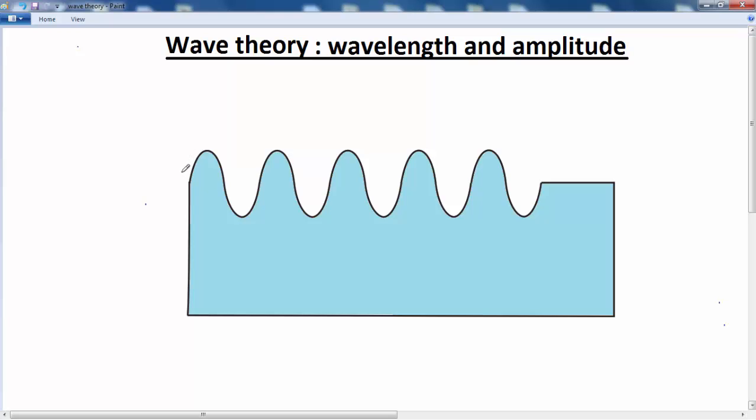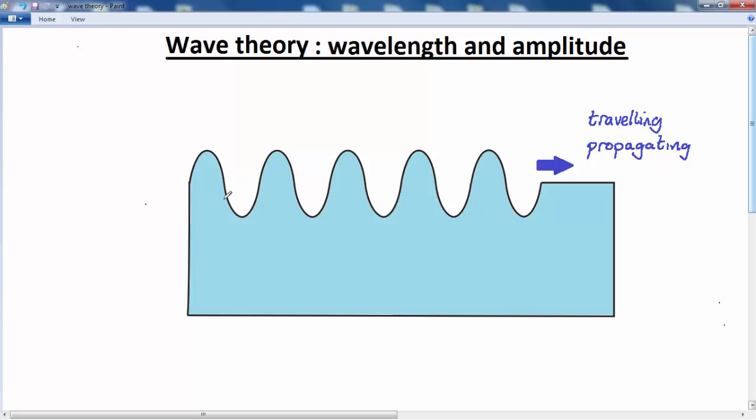In this lesson we're going to talk about wavelength and amplitude. Supposing I'm generating a water wave here, I'm moving an object up and down, and as I do so the wave moves in this direction. We say that the wave is propagating. The old-fashioned word. Nowadays we just use the word travelling, so we say the wave is travelling in this